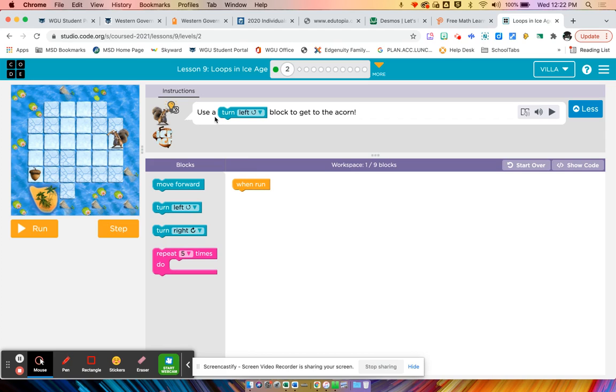Same instructions, but it says use a turn left block to get to the acorn. So we're going to make Scrat move forward, but when he gets here, we're going to use a turn left so that he can go this different direction. So again, we're going to make him move 5 steps. And we don't have to ask him to turn in a particular direction, because if you look at the puzzle, he's already looking in the direction that we need. So we simply need to ask him to take 5 steps forward